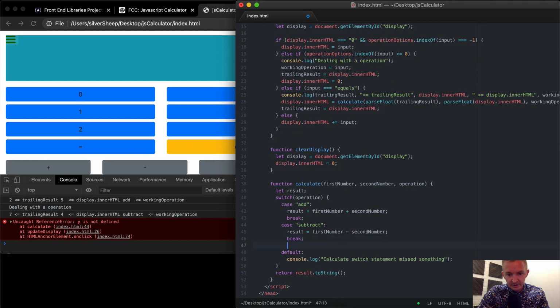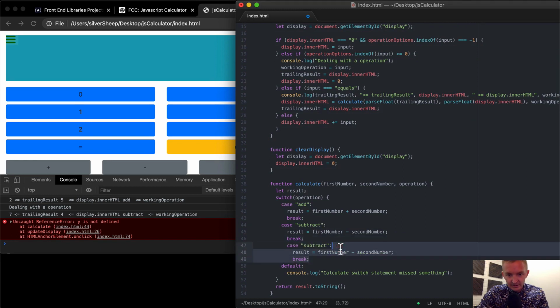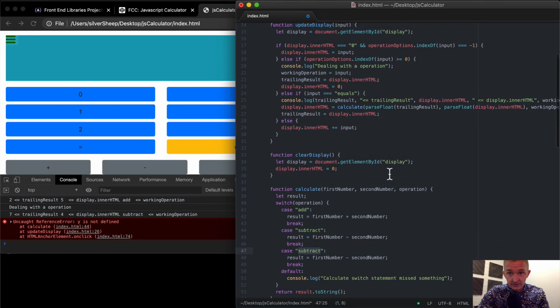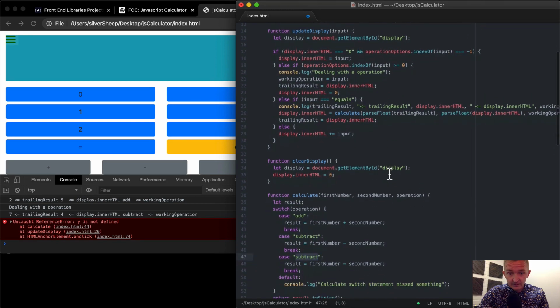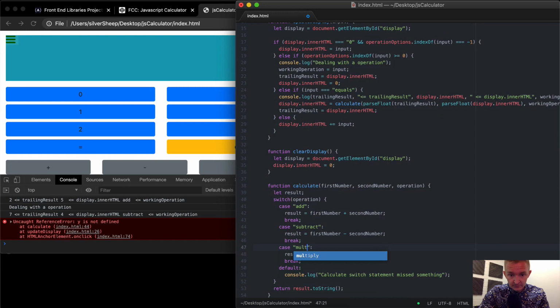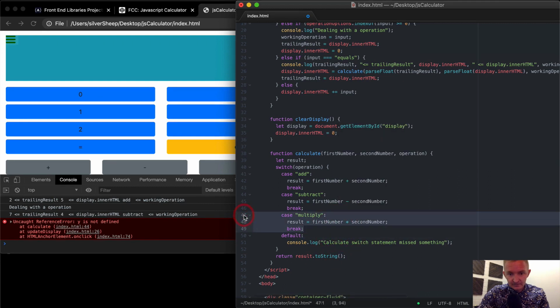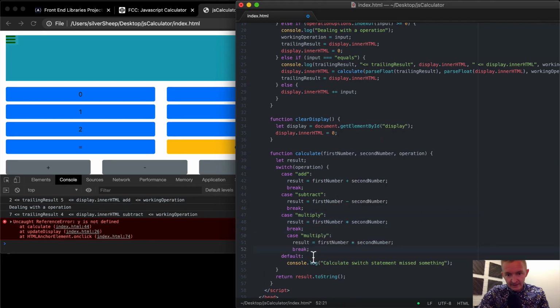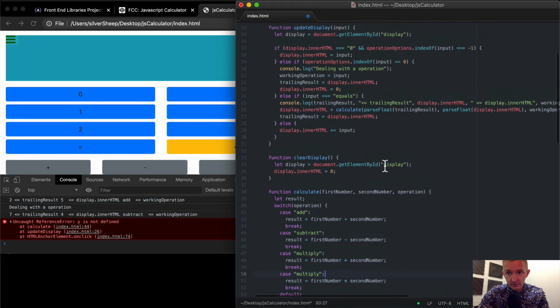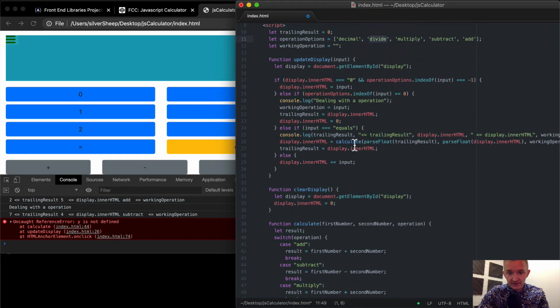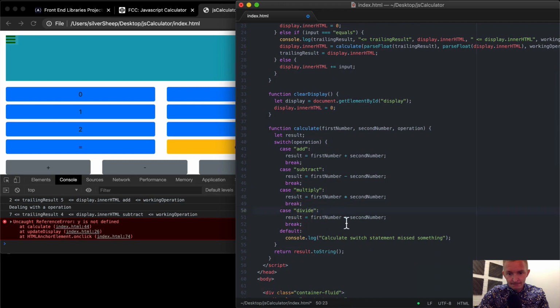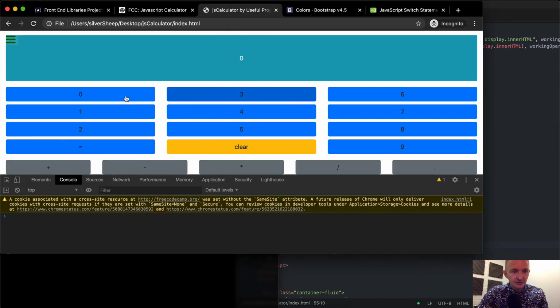Another case would be multiply, and if we do that, we want to multiply them. And if it's not multiply, it might be divide: first number divided by the second number. Okay, so now if I save this and we refresh the page, we should be able to go